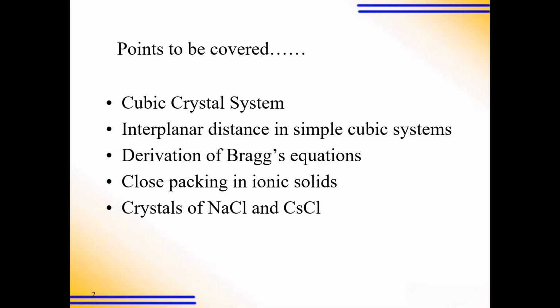So we can write the intercept at the top of this column, and then we write the Weiss indices, which are the intercepts at the three axes x, y, and z, that is the coefficients. Then taking the reciprocals of these Weiss indices, this reciprocal number we multiply with the least common multiple, and we obtain the integers. These three integer values are called the HKL values, and that HKL values are nothing but the Miller indices.